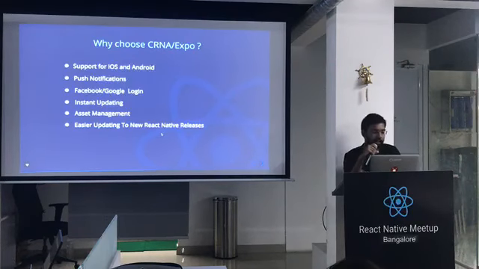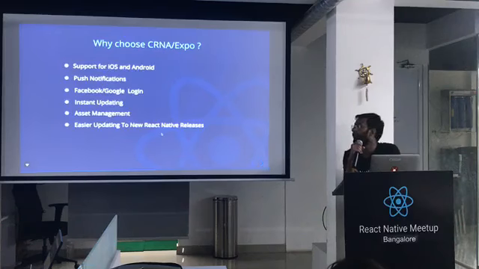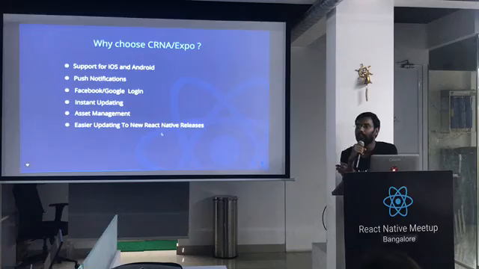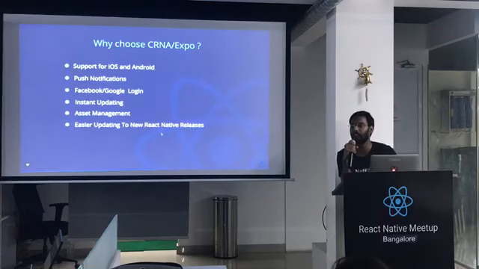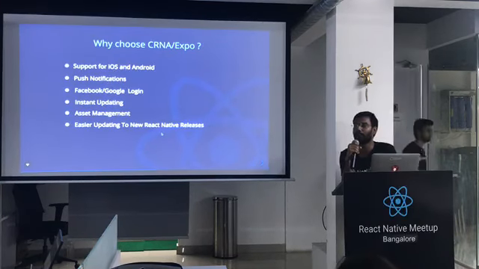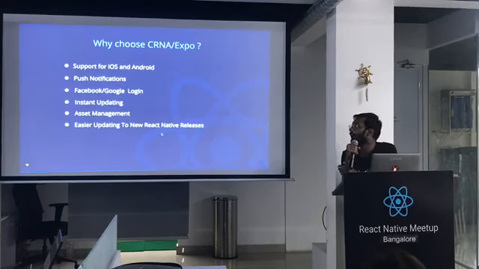When we are building with CRNA, push notification is the basic point. When we are using React Native for push notifications, most of us use OneSignal, so we need to have pods installed and something like that. Bhavesh and I were working on this and we were just doing upgrades of all our things. We couldn't figure out how to upgrade that, so we just gave up on that idea and ported our app to CRNA. But the issue with CRNA is that push notification is essentially with the Expo developers. You cannot send something on your behalf. It's with Facebook, meaning the Expo developers, so in the backend they take care of that.